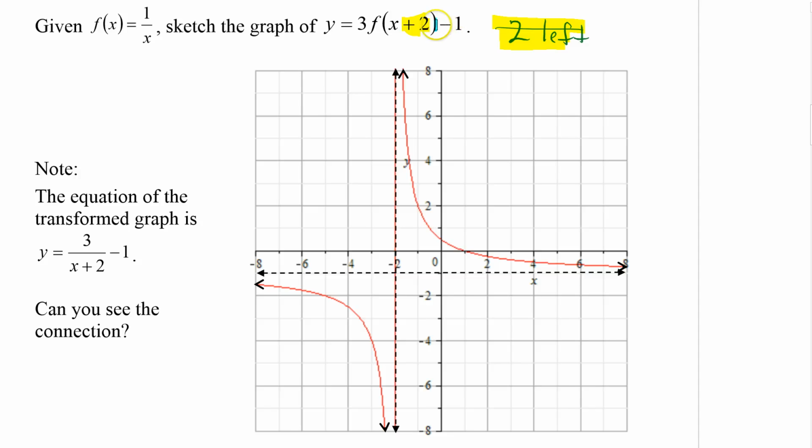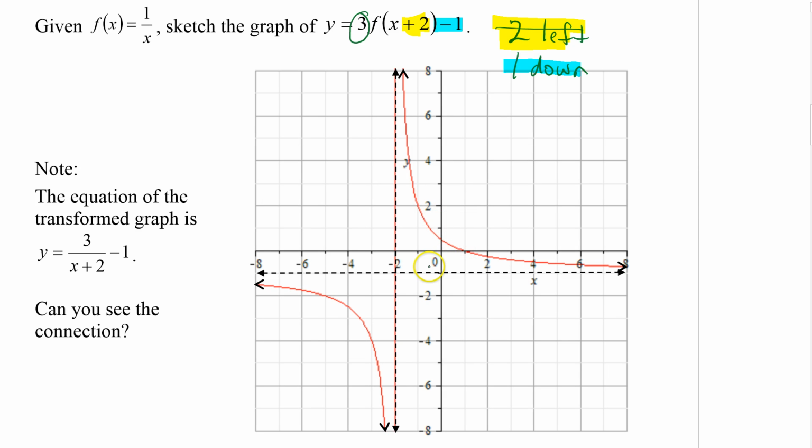Now my other color highlighter, this part has shifted it 3 down. Or sorry, 1 down. And you can see that result because you can see this asymptote has shifted down. Now it's down at negative 1 instead of right along the axis. Now the last bit, the 3, which is our other change, it's a little bit harder to see, but the way that the 3 works is that it